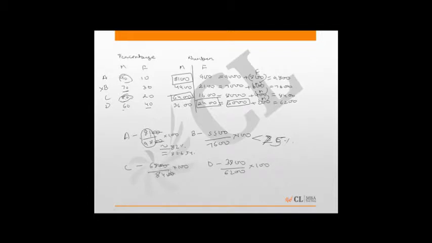Now if I go to option C, the figures are very close. One should calculate this value exactly. 68 upon 84, when I cancel it by 4, I'll get 17. Here I'll get 21. So I have to calculate 1700 upon 21, and 21 into 8 is 168. The answer is more than 80%. So I have to be cautious in this case. When I calculate this, I'll find that this value is close to 80.95%, which is again less than this.